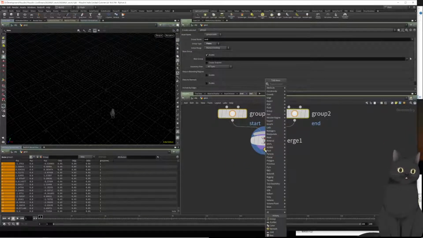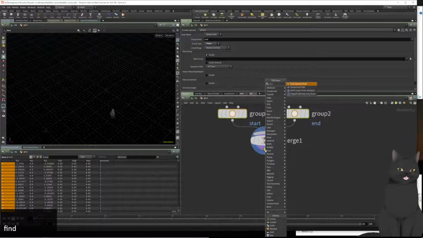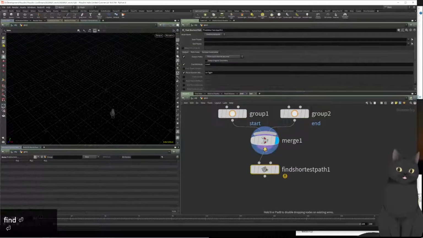And now we'll append find shortest path, and this point goes to the second input, and here